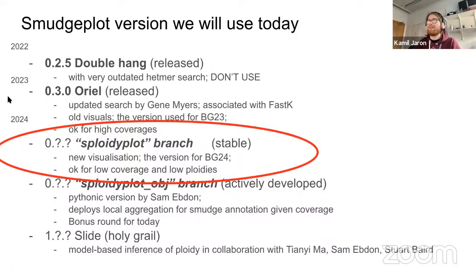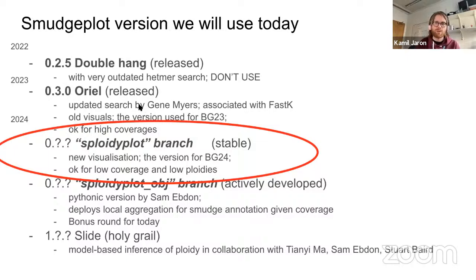So the version that is most stable and most used is double hang. By the way, the individual versions of the software are named by different types of windows. The original release was single hang, and now we're on Oriel. Who comes next? Who knows? I want to have a sliding window too. So this double hang is what is mostly documented, is what you will see in the paper.